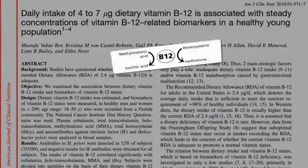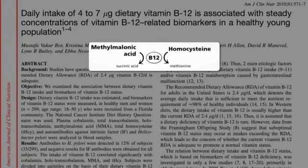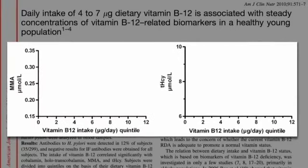Well, 2 reactions B12 facilitates are the metabolism of methylmalonic acid and homocysteine. And so if we're B12 deficient, these 2 compounds can build up in our bloodstream because there isn't enough B12 to run these reactions. So low levels of MMA and homocysteine can be a sign of good B12 status. And as you can see, 2.4 micrograms is good in terms of lowering methylmalonic acid levels and homocysteine, but 4 appears to be better. These biomarkers of functional B12 status hadn't even been discovered when quote-unquote Negroes walked the earth,